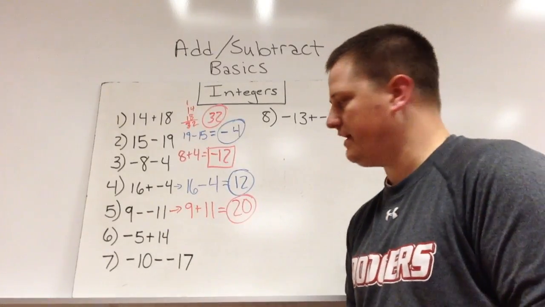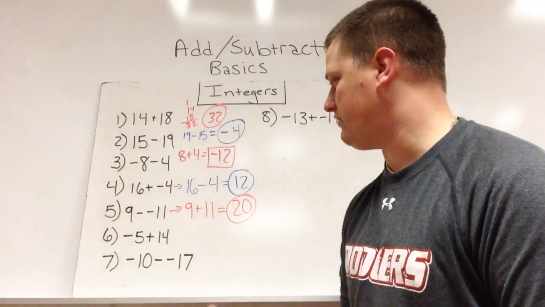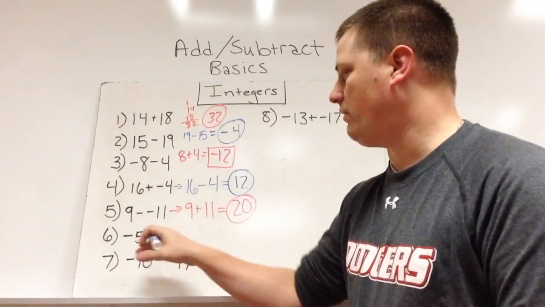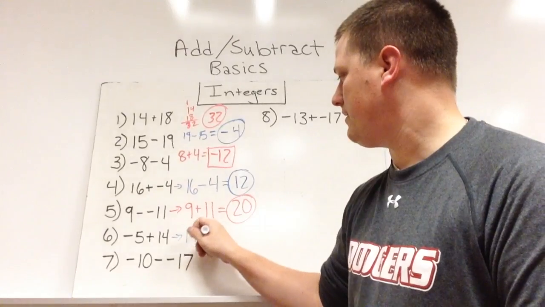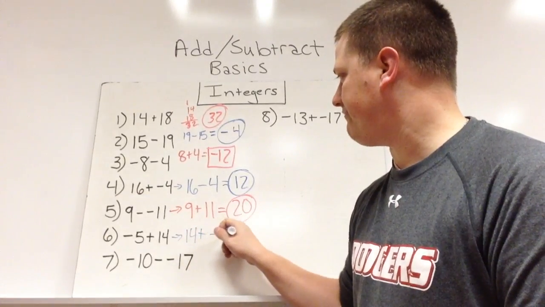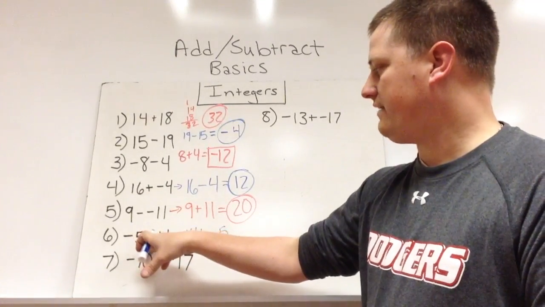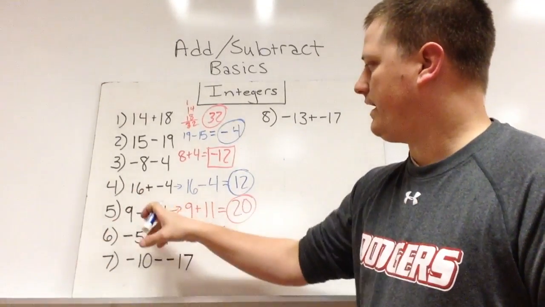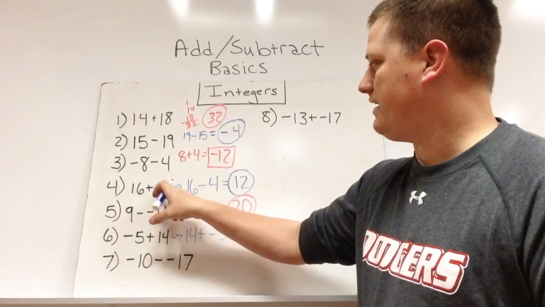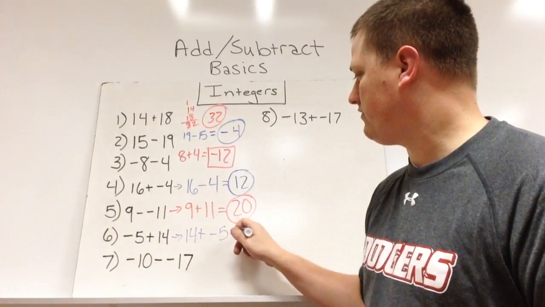Number 6 takes a couple changes to it. First, we have to reorder because it's addition. So this becomes 14 plus negative 5. So what we do is we take 6, we reorder it, and then we look at number 4. Okay, this one says adding a negative turns into subtraction. So this becomes